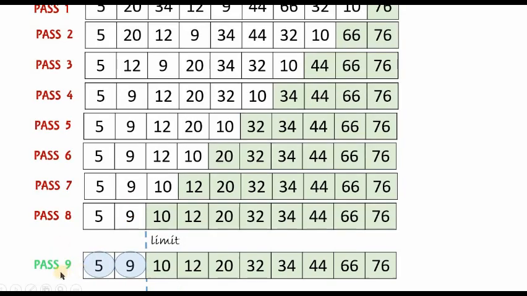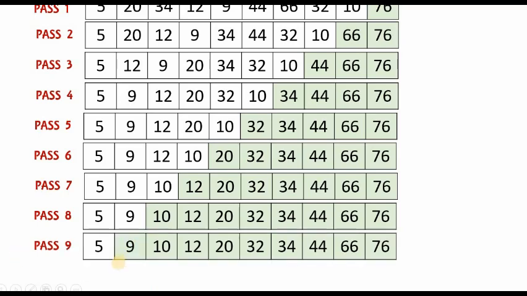Now we have reached the last pass, pass 9, wherein we have to compare 5 and 9. Both are in sorted order. Hence 9 is also added to the sorted array. All the elements from 9 till 76 are sorted. So clearly even 5 should be in its rightful position in the array. With this, we end the bubble sort algorithm.